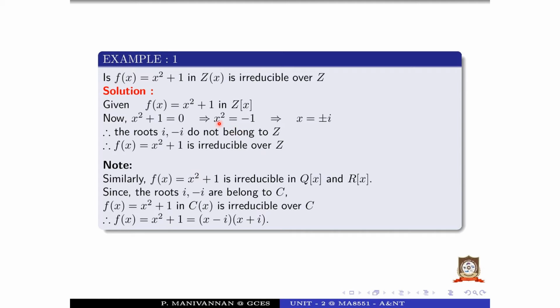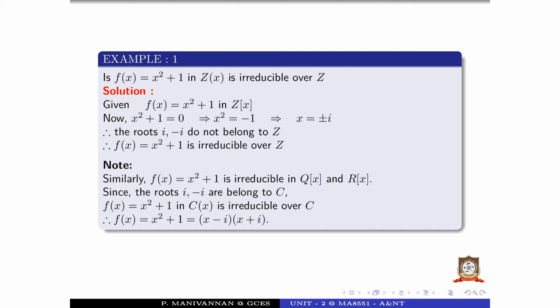Since the roots are not in Z, the given equation is irreducible over Z. And also, this polynomial's roots are imaginary numbers, that means complex roots. Therefore, the given polynomial is irreducible over the rational field and the real field, as a real polynomial and a rational polynomial. Since the roots i and minus i belong to the complex numbers,